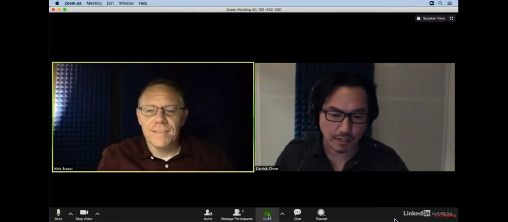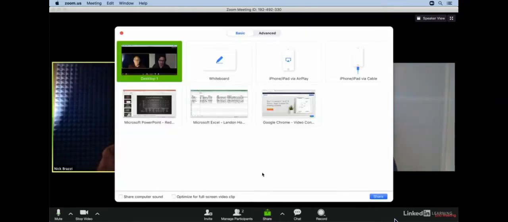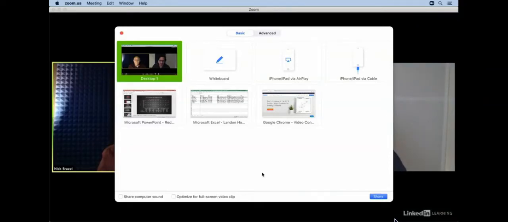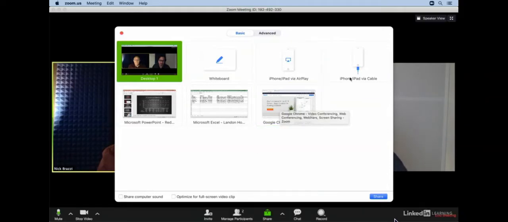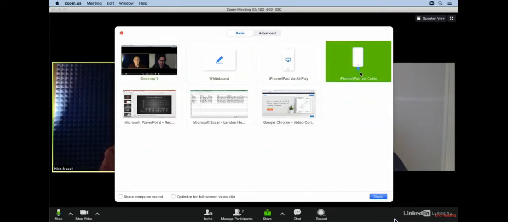And we'll come up to the Share menu again. Now, Zoom also gives you the unique ability to share the screen of iOS devices. So if you have an iPhone or iPad connected to your computer, you can come up to the Share menu, and here select iPhone/iPad via cable. Now, you can also wirelessly connect to your Zoom meeting using this AirPlay option, but that requires installing an additional plugin. I do have an iPhone connected to my computer via the Lightning cable right now, so if I select that and click Share,